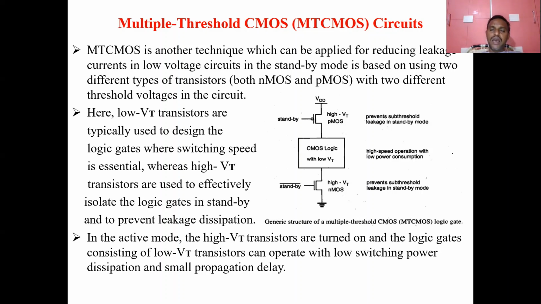Then how can we avoid that? So I already told that if you increase the threshold voltage, automatically there are no leakage currents that will take place. Here we cannot apply very low threshold voltages, because due to that the delay will be increased. But here we are applying high threshold voltages. So whether it is in standby mode or in active mode, there is no problem with these leakage currents. That's the point here.